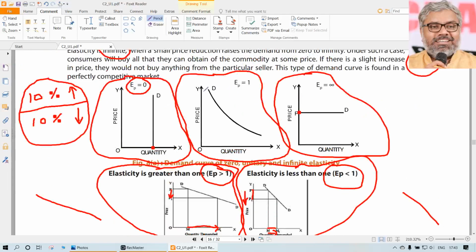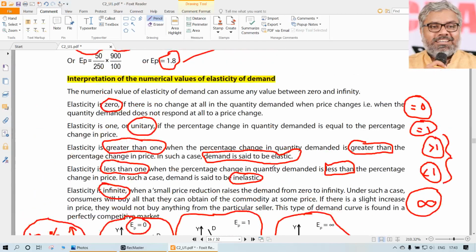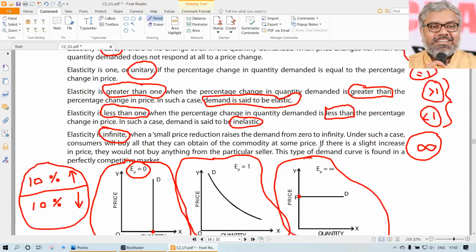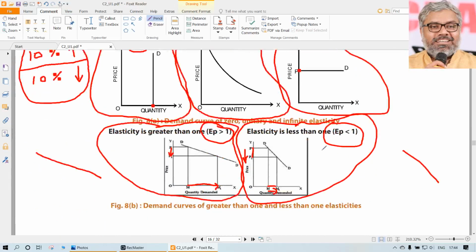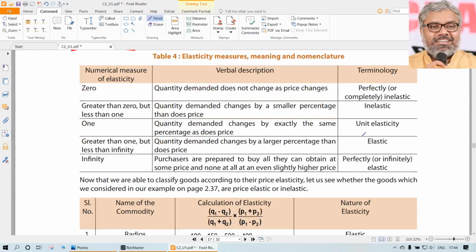These are the two other examples we can take, other than price elasticity being 0, infinity and 1. Those are the possible numbers that can be attached to the price elasticity of demand. Not only numbers, not only calculations, we should be able to very clearly identify what each number means. That is the interpretation of the numbers which are depicted by the elasticity of demand. The same thing is once again repeated here as a table, and this can be just remembered. We have to remember this very clearly.